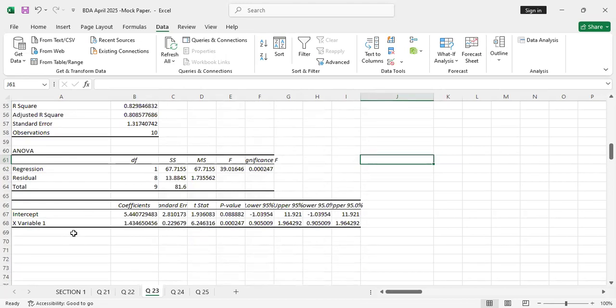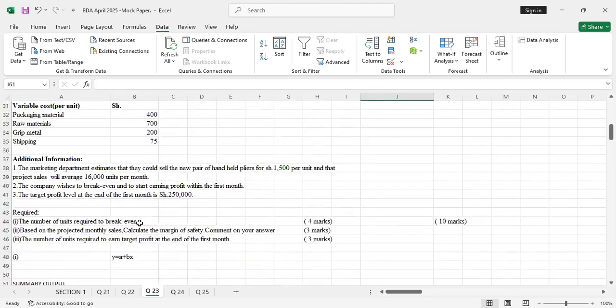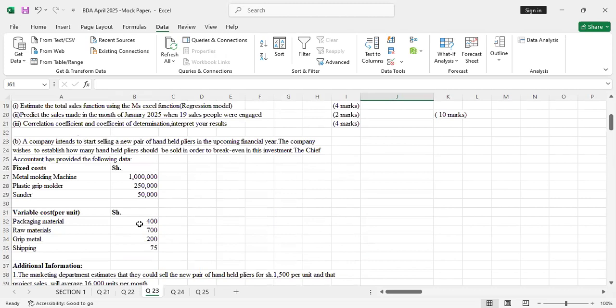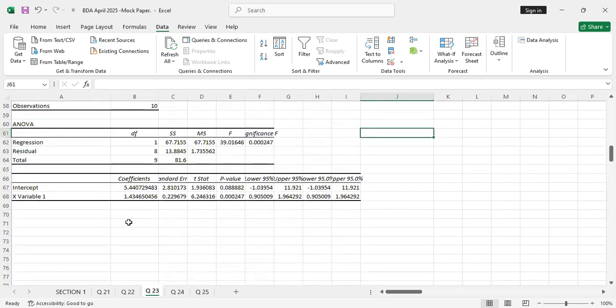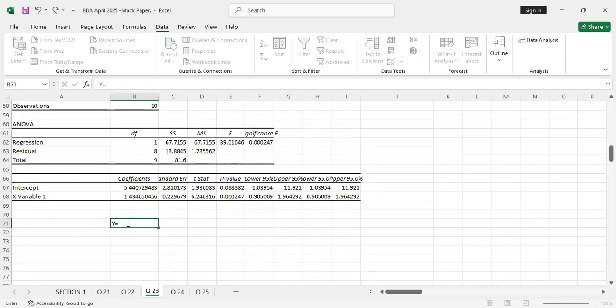So we have the intercept and X variable A. The question was, estimate the total sales function using the MS Excel function. So the formula is Y is equal to A